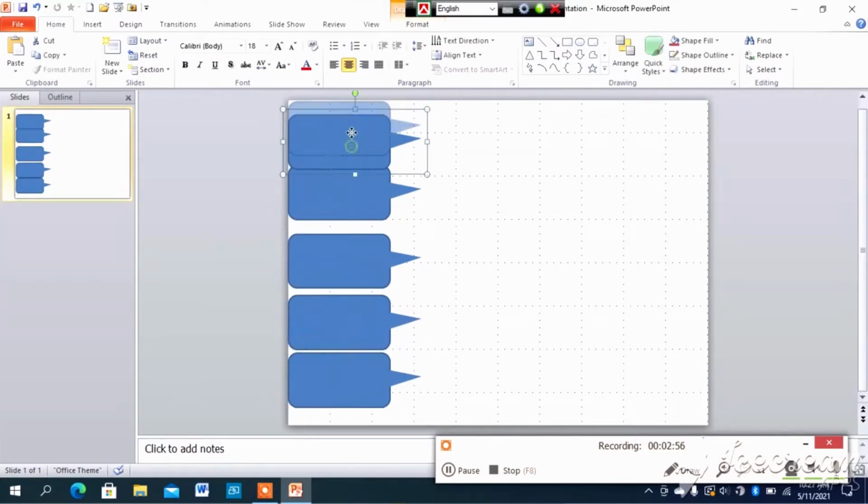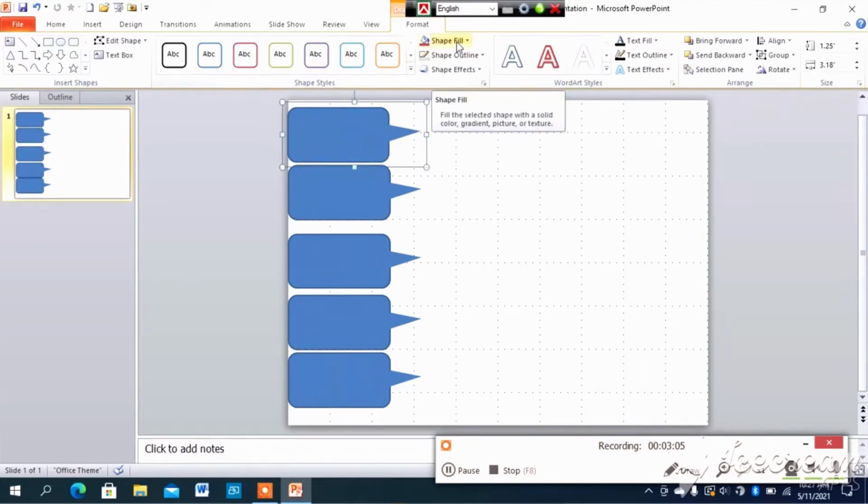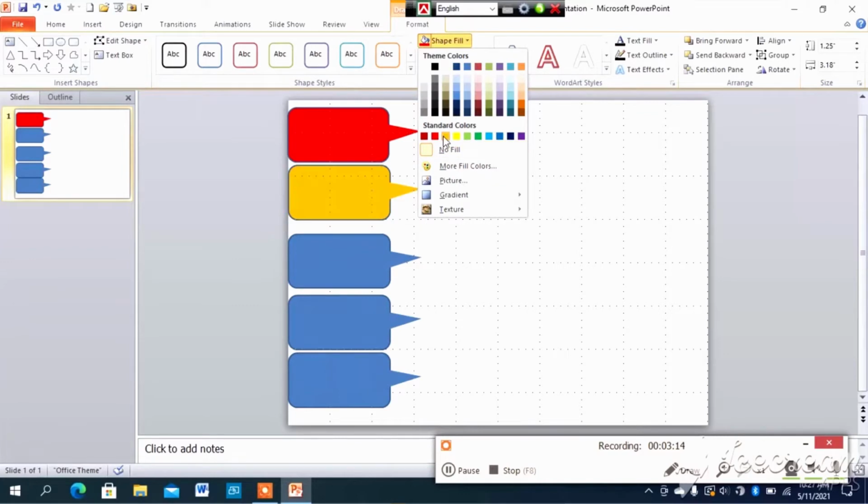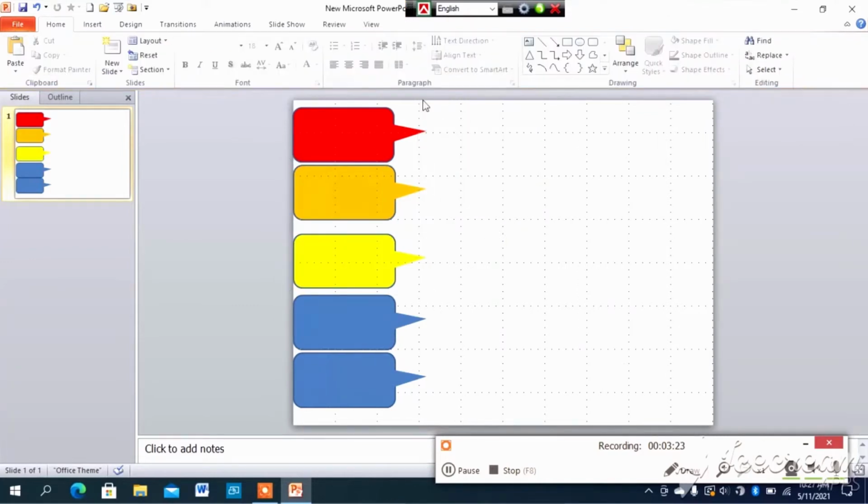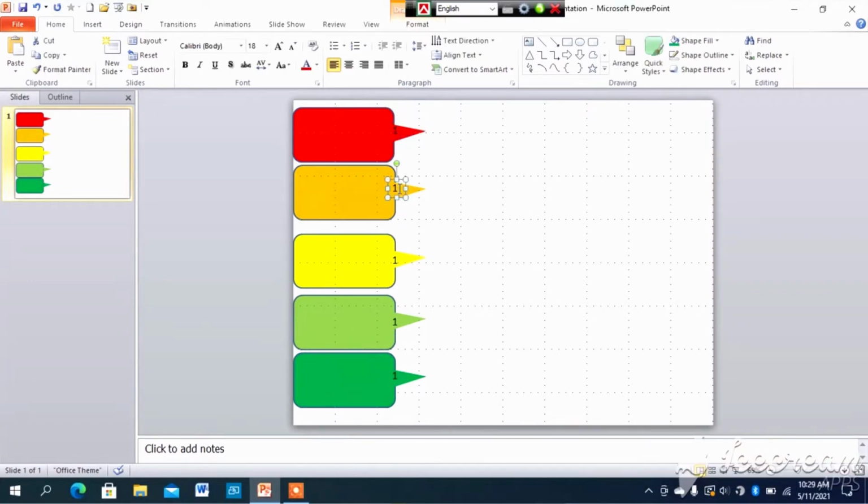I make the rectangle shape by Ctrl D into 5 shapes, and then they should be colored in 5 different colors for 5 different types of slide preparation. Then we should number the 5 slides from 1 to 5. Each number is related to a slide.